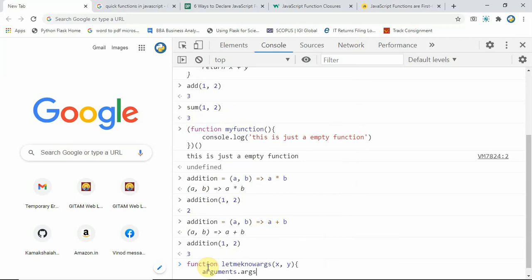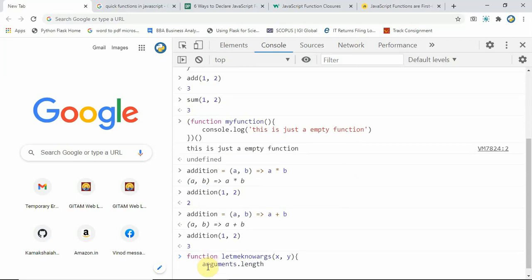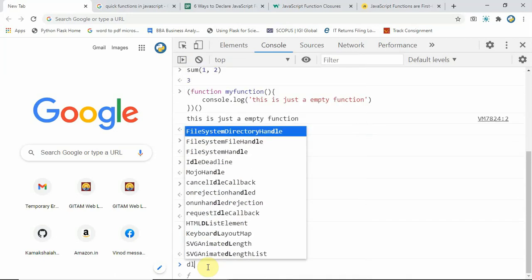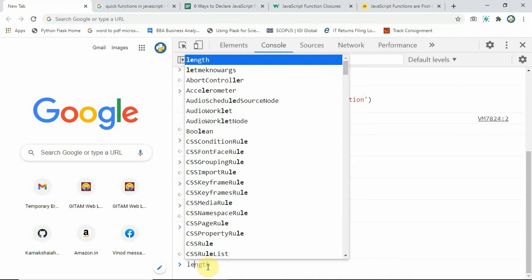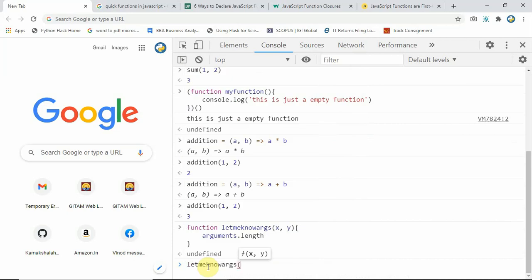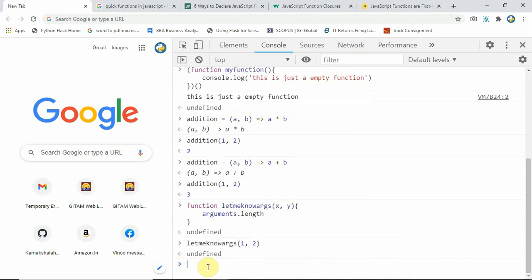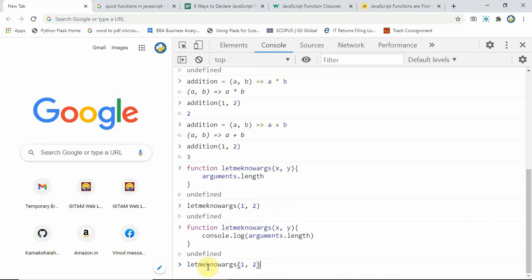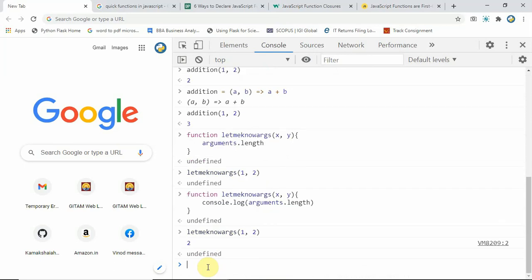Arguments length, okay, and now let me pass arguments, maybe 1 comma 2. I think I have to print it, right? I'm extremely sorry. Just console log arguments length, okay, and now if I pass the arguments, it is 2, that is the arguments length, and